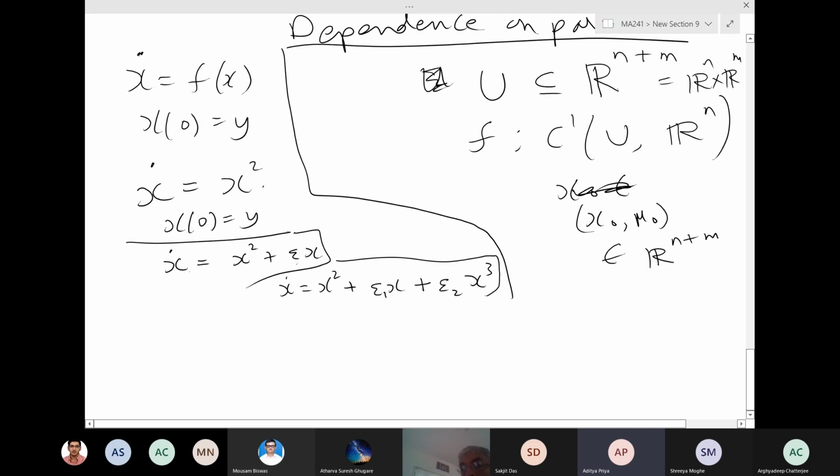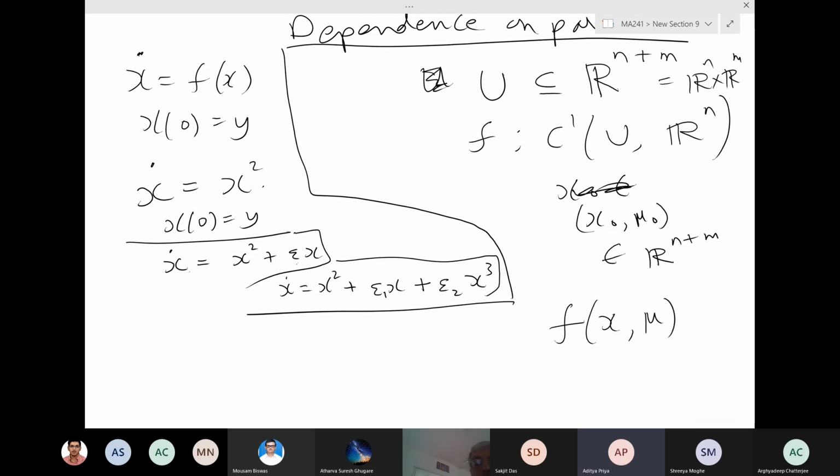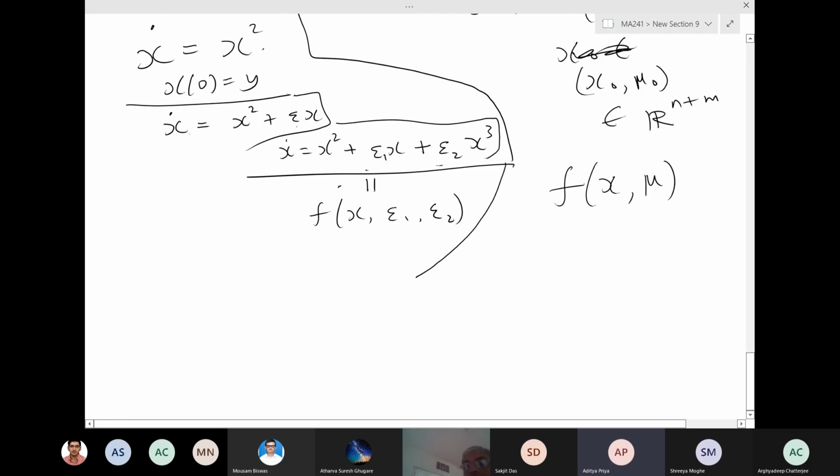Right. Yeah, the point now is that I have a function of 2 variables, x and mu. For instance, here it would be f of x, epsilon 1, epsilon 2. And then here's the theorem now. So, theorem with this setup,